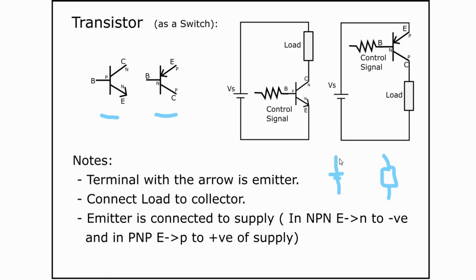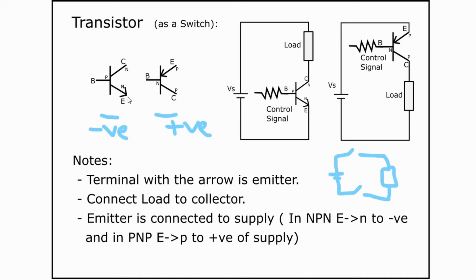There are two places where you can connect a switch. One is on the positive line, the other on the negative line. So when you have to switch the positive line, you will have to use a PNP transistor. If you have to switch a negative line, that is here, you will have to use an NPN transistor. First, let's see how we can identify a transistor and its terminals and how it can be used in a given circuit to switch the positive or the negative line.